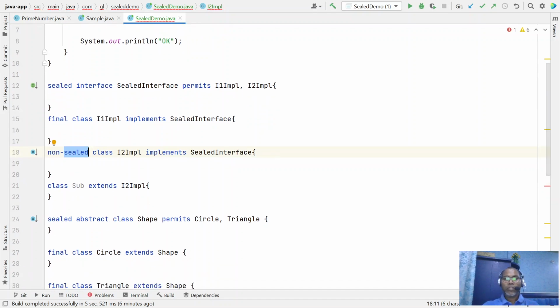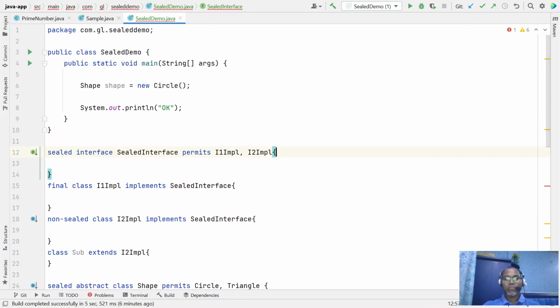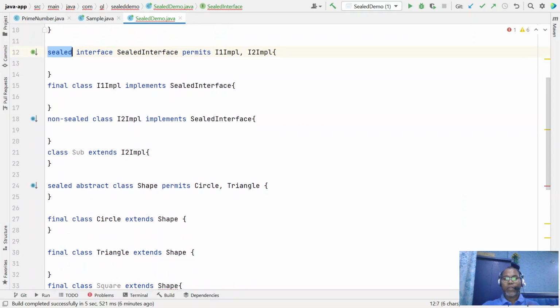So this is the very handy, simplest way of using sealed classes or interfaces. You can just mark any class or interface as sealed, and whenever you implement it, you also need to mark the subclass as abstract, final, non-sealed, or sealed again.